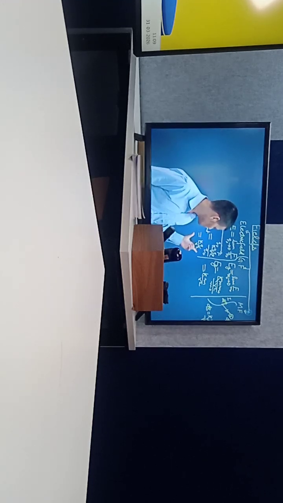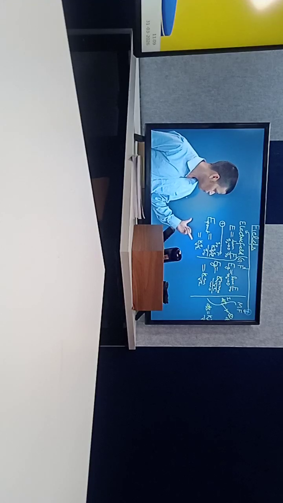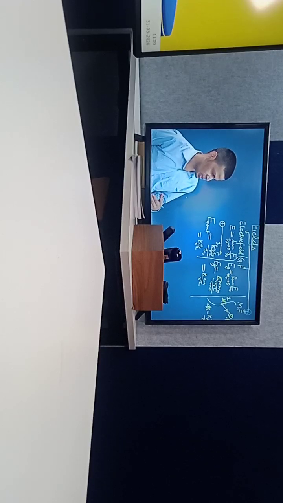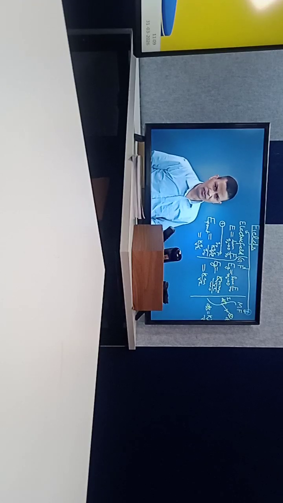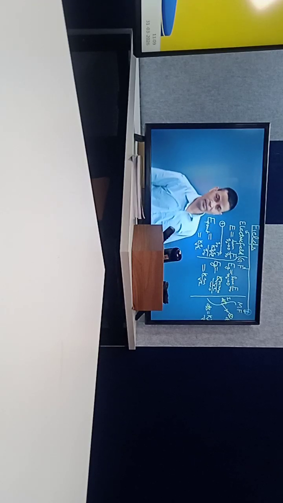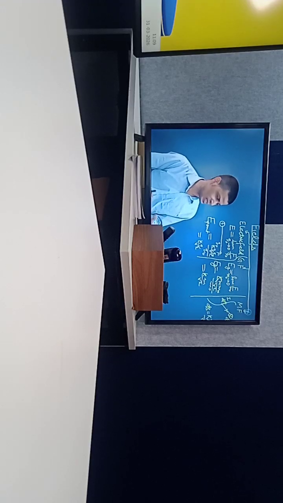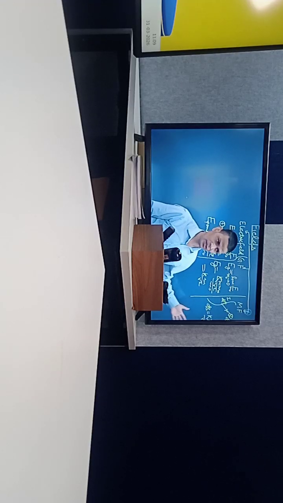The advantage is if we solve something for electrostatic field, then we can apply that concept with a slight modification for gravitational field, and in some cases we can relate it with magnetic field as well. So, all right,